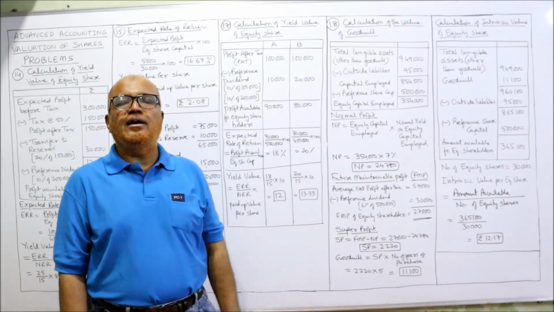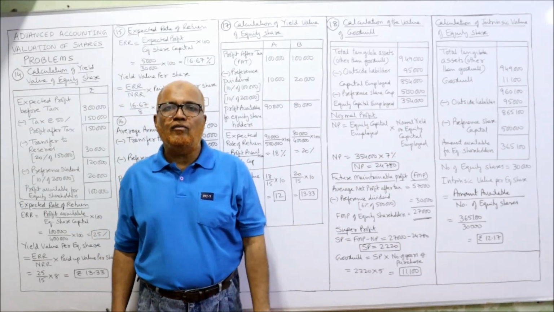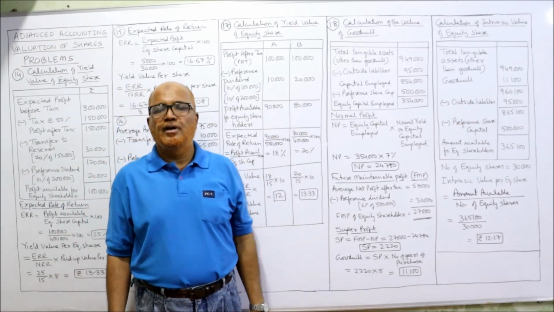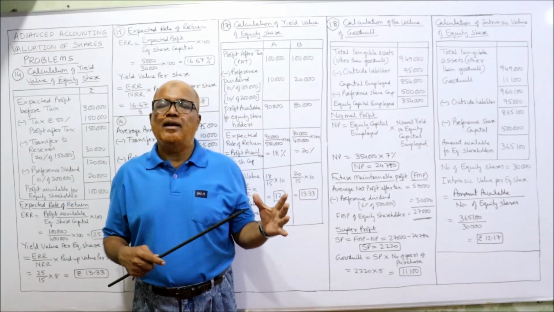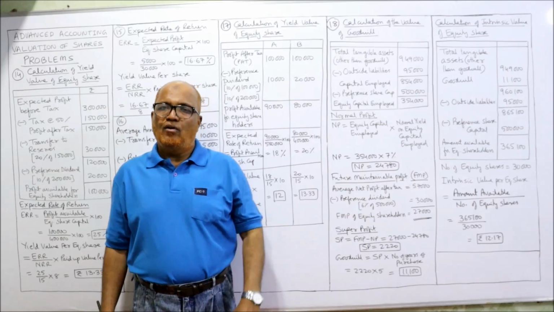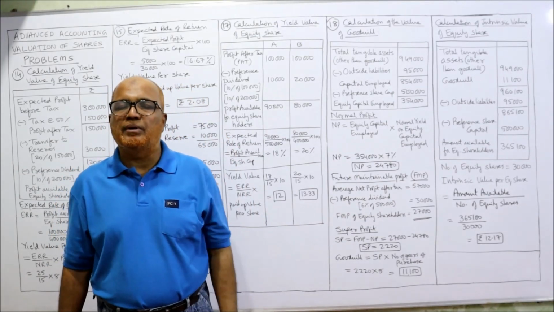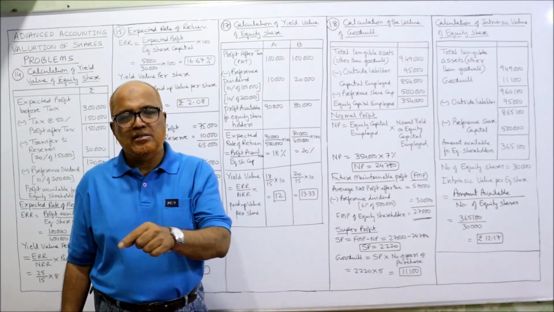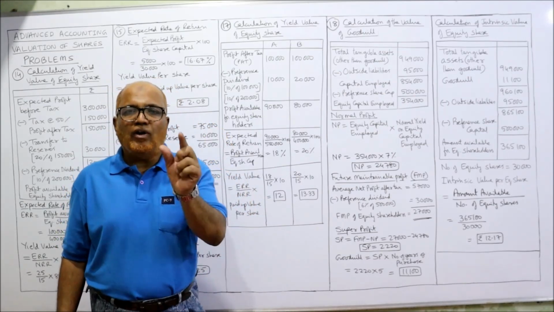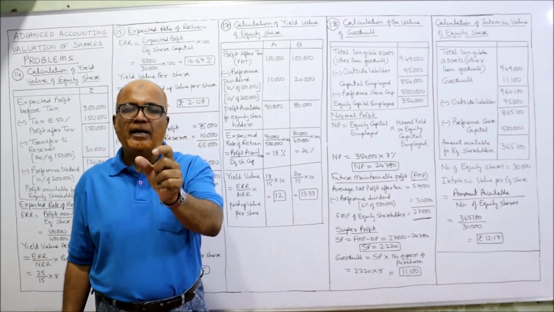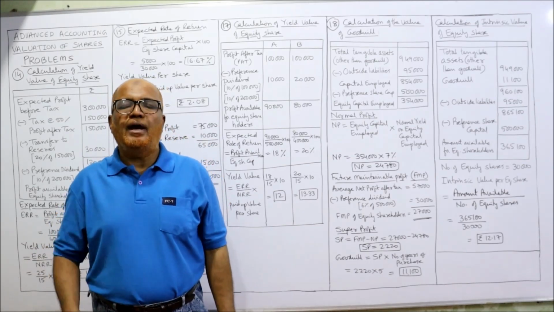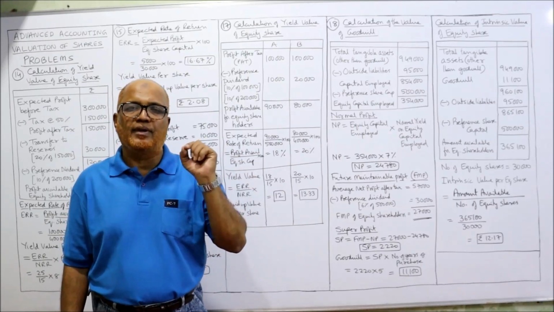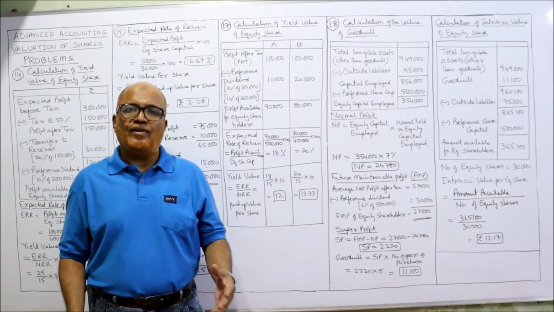But before finding out the intrinsic value, we need to calculate the value of goodwill. It is given 5 times of super profit. In the previous videos, I have explained to you about valuation of goodwill. One of the methods of valuation of goodwill is the super profit method. Calculate super profit into number of years of purchase. It is given 5 times. So what is super profit? FMP minus NP. Future maintainable profit minus normal profit. You will get SP, super profit. So first we need normal